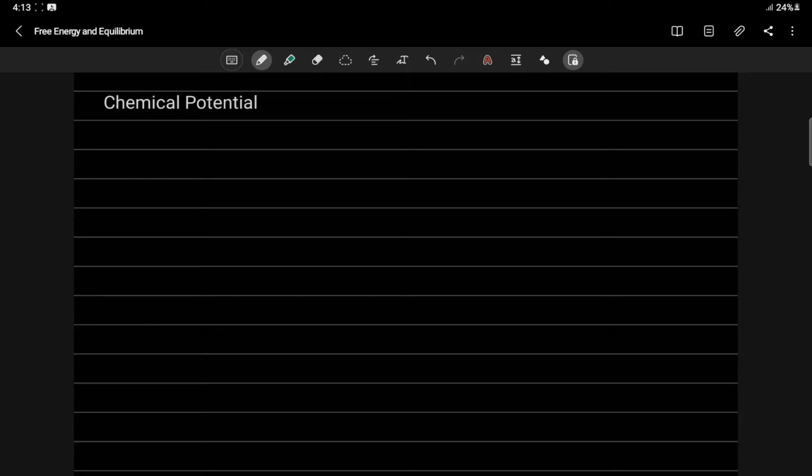But what if your Gibbs free energy is changing with respect to the number of moles? Ibig sabihin, paano kapag nagkakaroon ng change in composition? Okay? So, let me write that down. If pressure and temperature are constants, alright, but composition, and may kinalaman dyan syempre yung number of moles, composition is not constant,